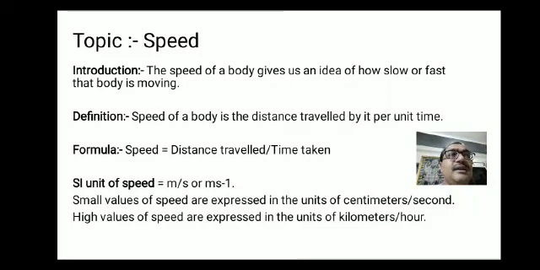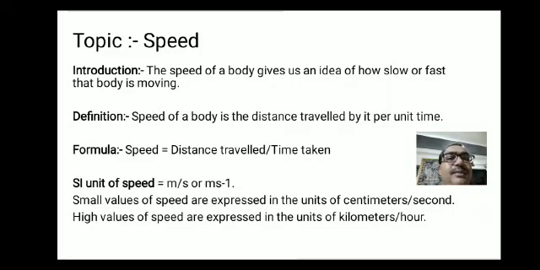Suppose two cars are moving with different speeds. One travels with 85 kilometer and the second travels with 90 kilometer. So we can say that the second car is traveling faster. By which quantity? By understanding the speed. So this is called speed. Now the definition of speed: speed of an object is the distance traveled by it per unit time. It means the object has traveled how much distance, and for covering that distance it takes how much time. So that is called the speed of an object.